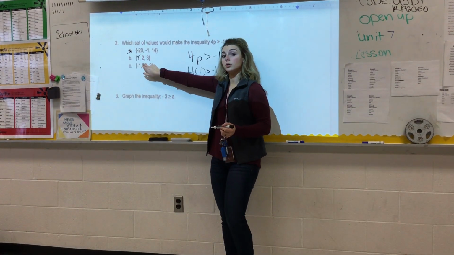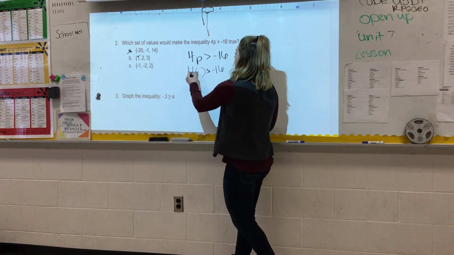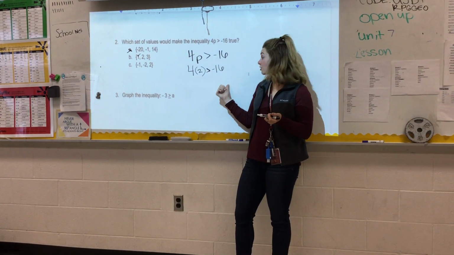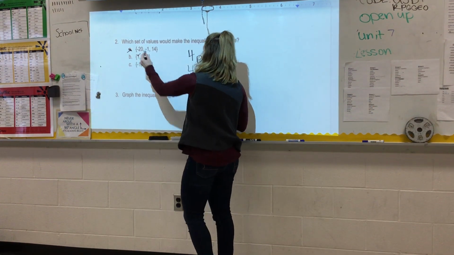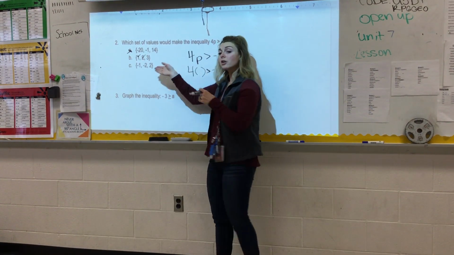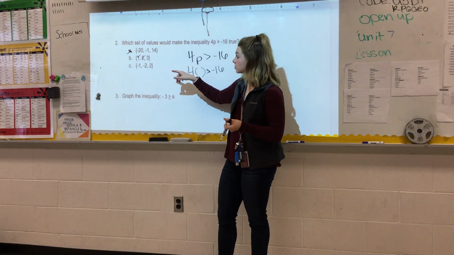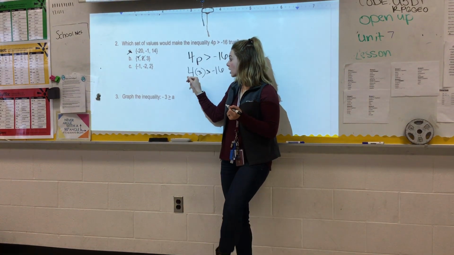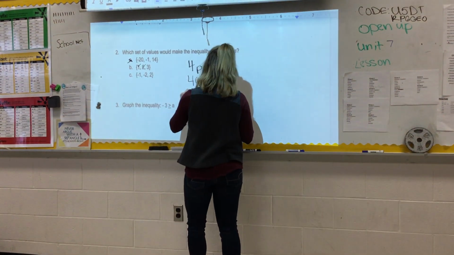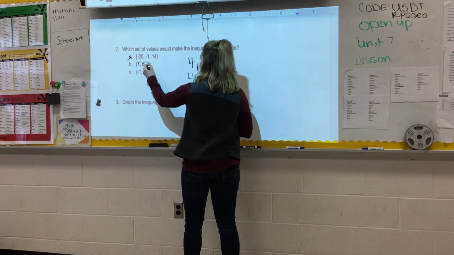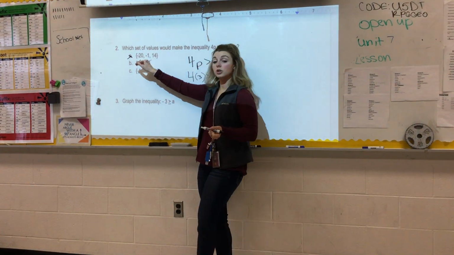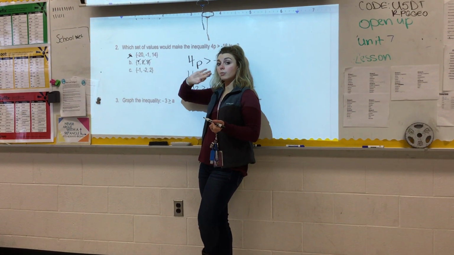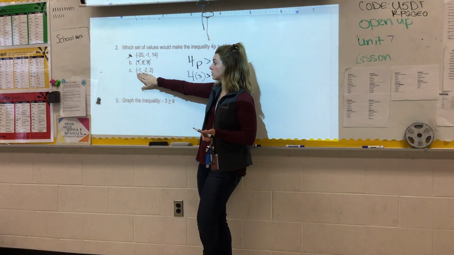So now I'm going to move on to 2. So I'm going to have 4 times 2, which we should know is 8. Is positive 8 greater than negative 16? Absolutely. So then the last one, so far the solution set is looking pretty good. But just to be sure, this last one, I'm going to do 4 times 3. So I have 4 times 3, which is 12, and 12 is absolutely greater than negative 16. So just to be safe, to make sure that it doesn't have more than one answer or that I am correct in all my math, I'm going to go ahead and look at answer choice C.